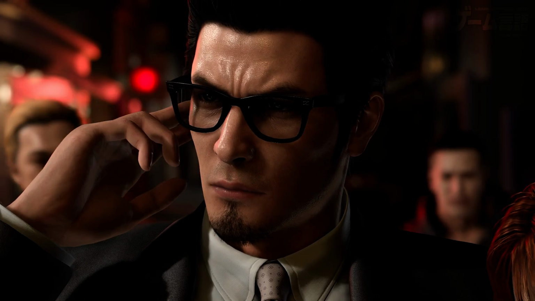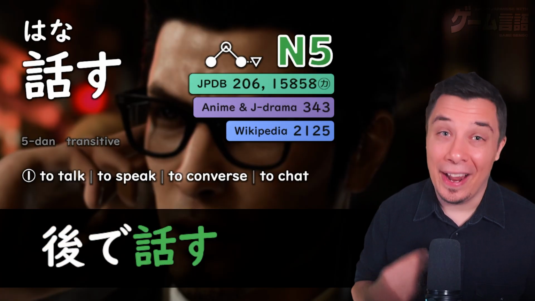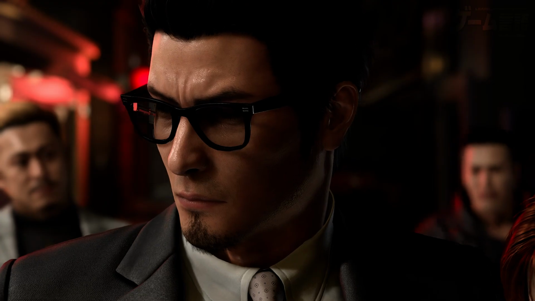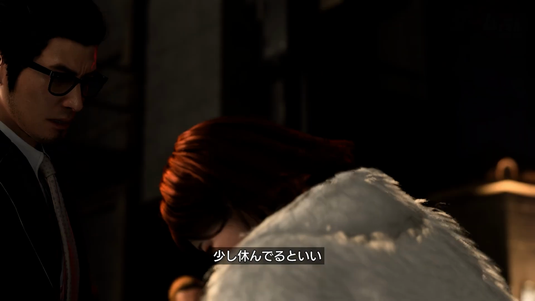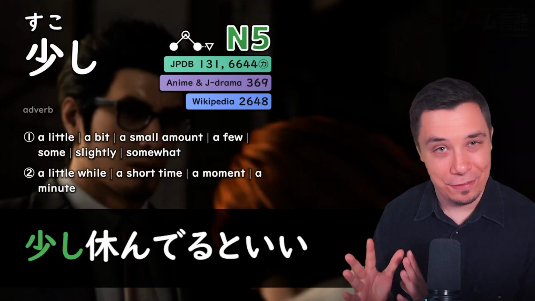後で話す。 Atode hanasu. So atode we've seen again for later on. And then hanasu here is to talk. So I'll talk to you later. Atode hanasu. 後で話す。少し休んでるといい。 Okay, looks like we're gonna have a fight because as he kind of gets the girl to rest down, he says,